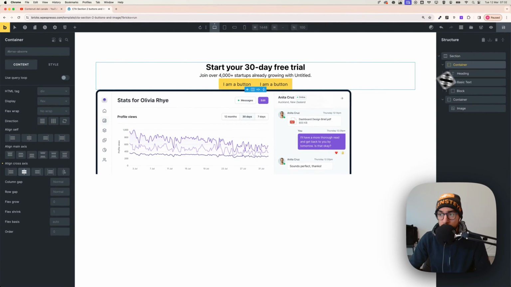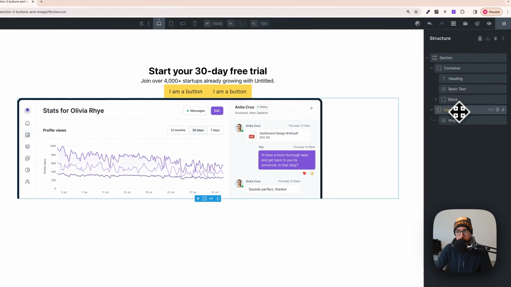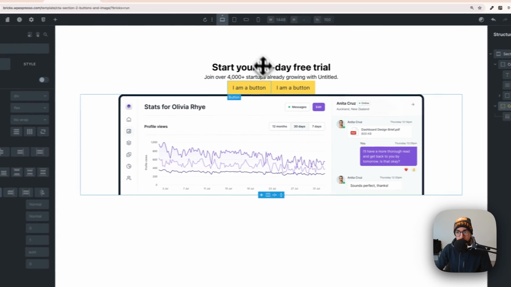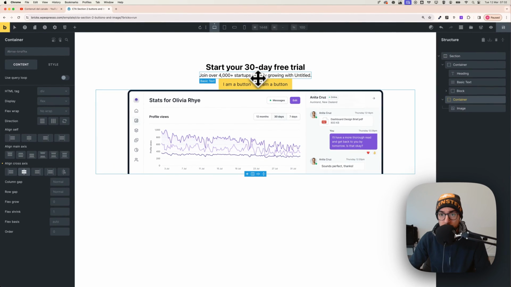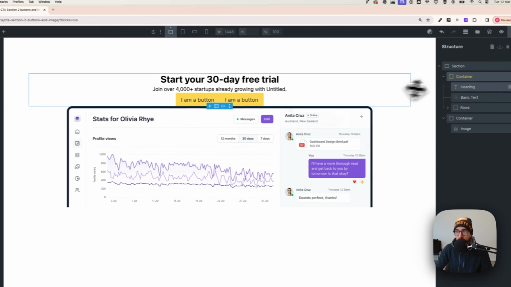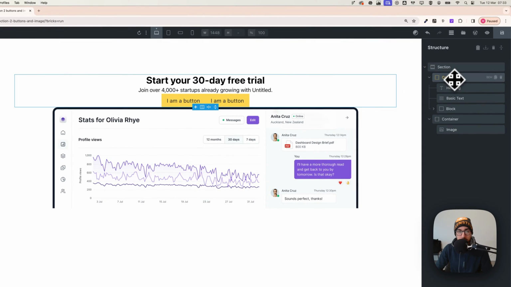Great. So now we're clicking on the second container here. We are going to center this image too, and now as you can see, everything is correctly centered. So what we need to do now, we need to style very quickly the elements. So I'm not going to change the colors of those, like you can style it by clicking on it, of course, but let's say I want to add some spacing between the elements here, and with the container selected,